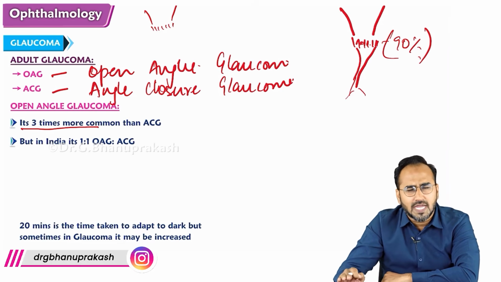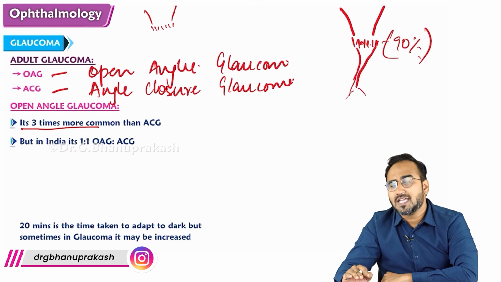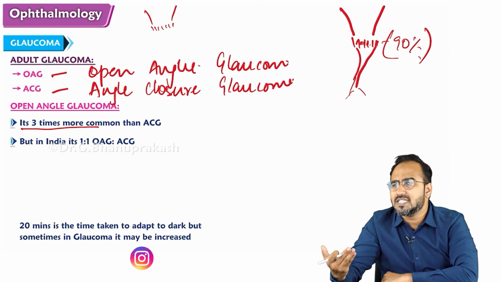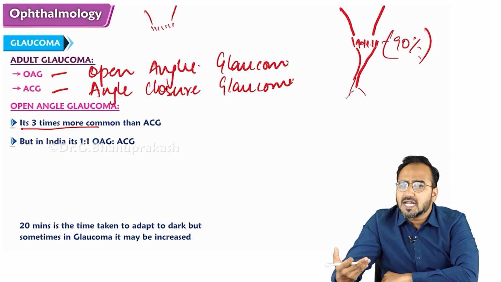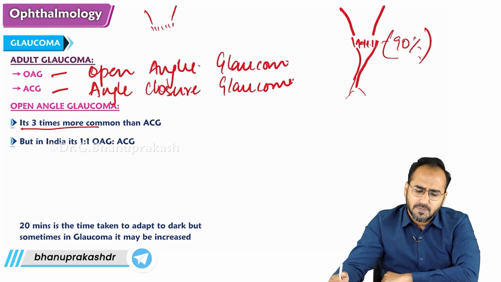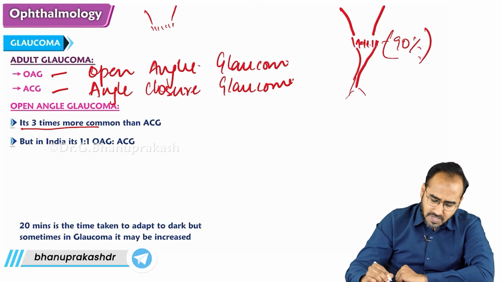Always open angle. Why? Because it's an asymptomatic condition. By the time it produces symptom of tubular or tunnel shaped vision, the disease will be already in an irreversible state. Okay, the other symptom is what? Frequent change in the presbyopic glasses, right? So guys remember,